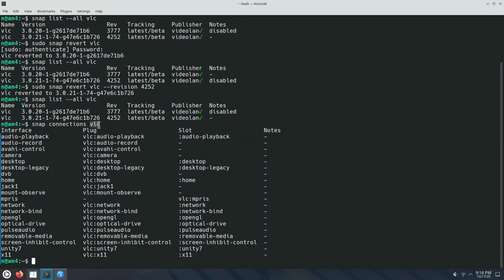So the media player, video player VLC is allowed to output audio, to input audio, to read from a webcam, read from the satellite receiving hardware, and terrestrial television receiving hardware,